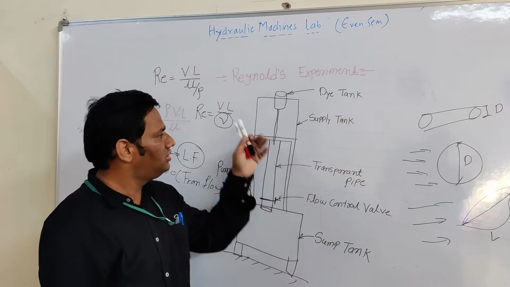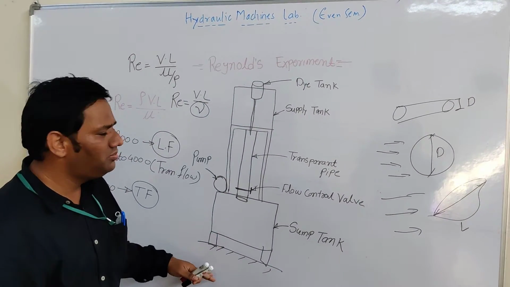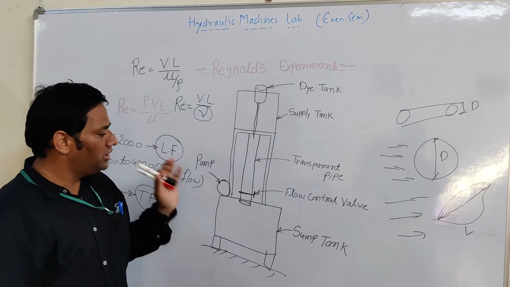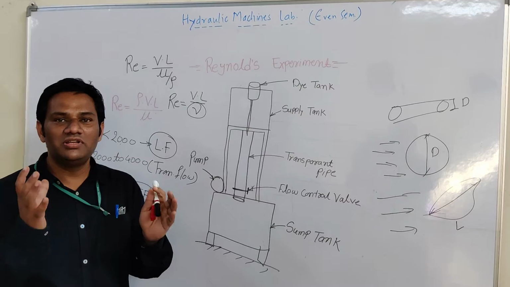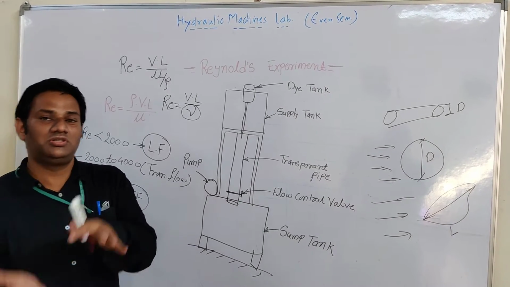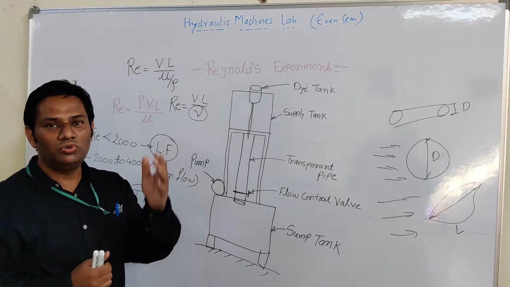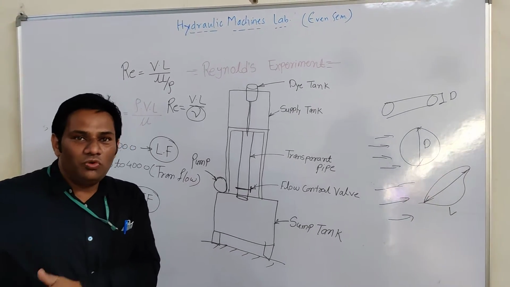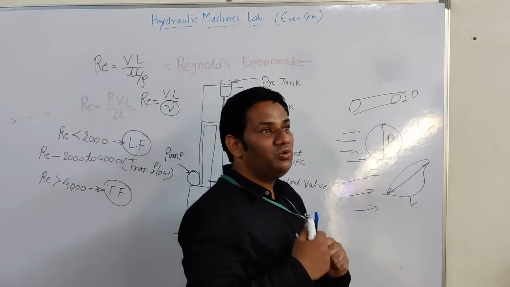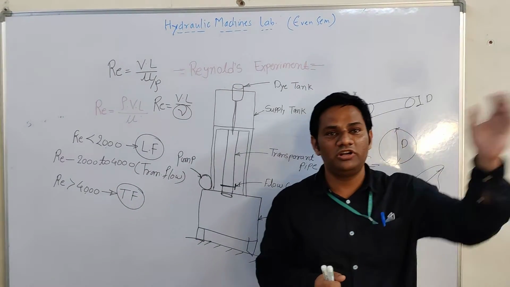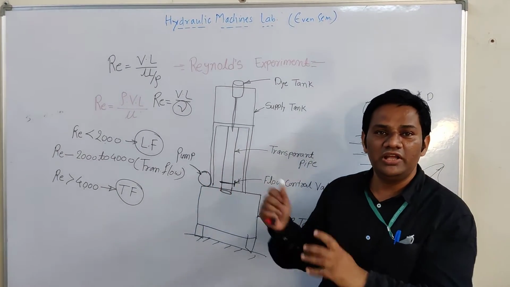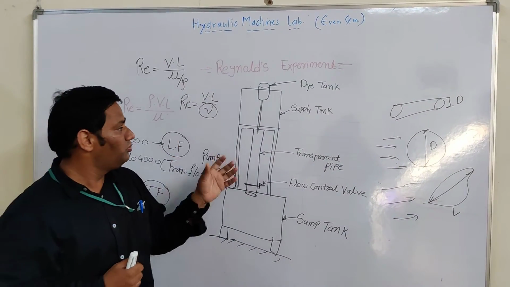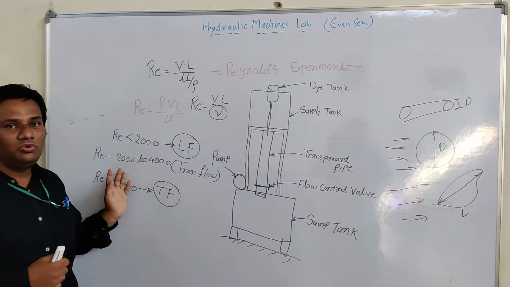So this is the diagram of our experimental setup. This is called the Reynolds number experiment. Initially, obviously, we require a sump tank because we have to maintain a constant flow to the pipe. If we have to transfer water from a water treatment plant to a needy area, we require a pipeline. For that pipeline, we have to maintain these types of flow: laminar, turbulent, and transition.